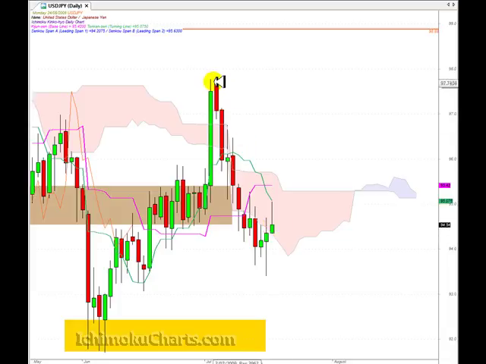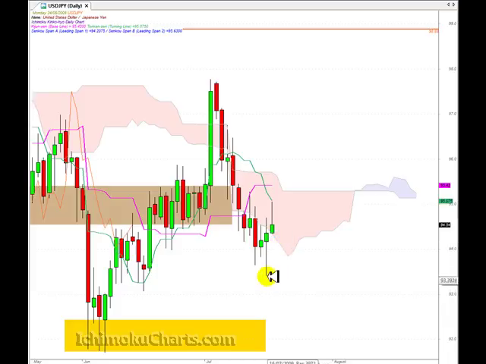but we still are in a second time frame downtrend where we have a series of lower peaks and lower troughs, and here we have a peak, a trough, a lower peak, a lower trough as we trade down here, and now we may be presenting another lower peak. If the market does trade down below the low of the current candle and trade down outside of the Kumo, then that will be potentially a continuation of that first time frame downtrend,